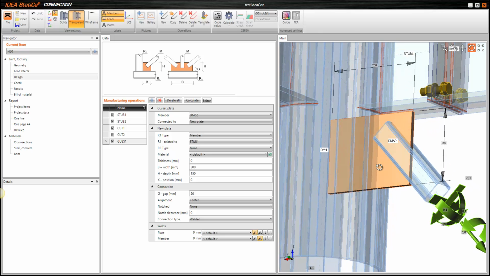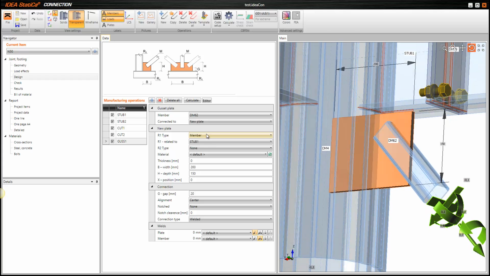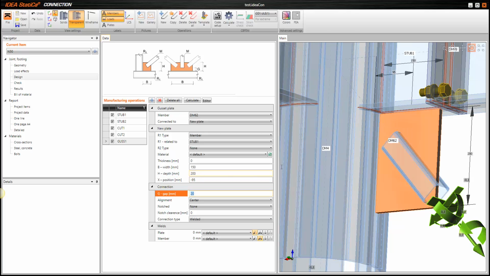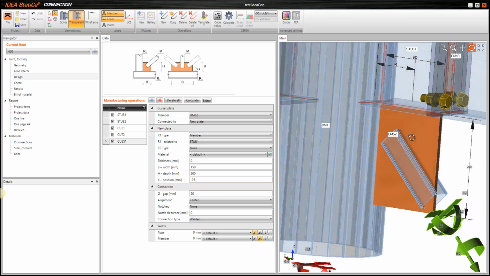So as you can see, the gusset plate is automatically aligned to the stub. Of course, there are some small adjustments that need to be made. For example, we can make the width 150 and the depth, let's say, 200, and we should move this gusset plate a little bit here,